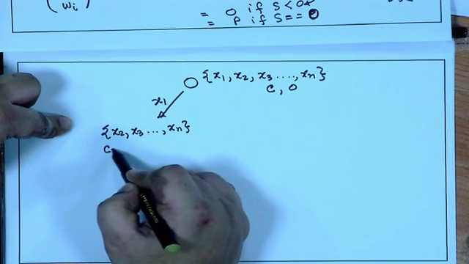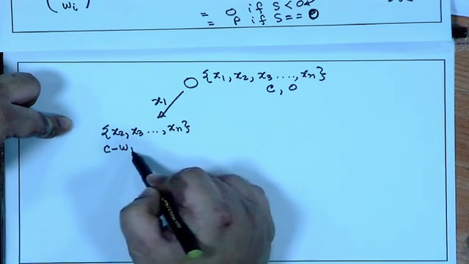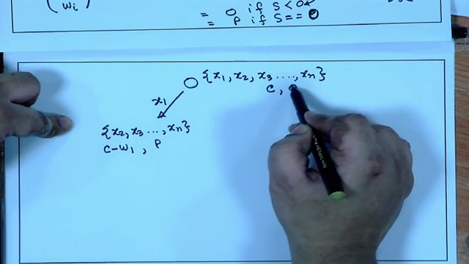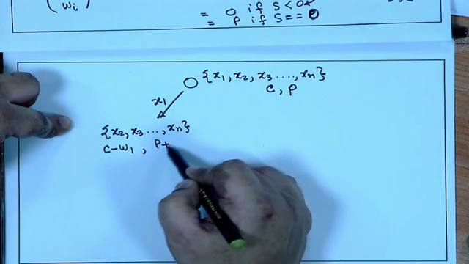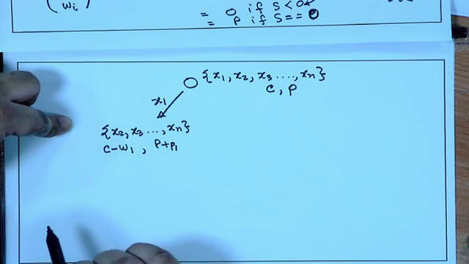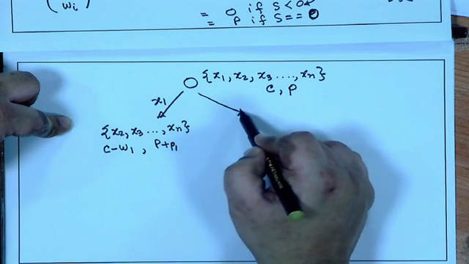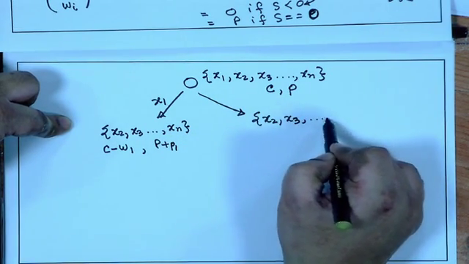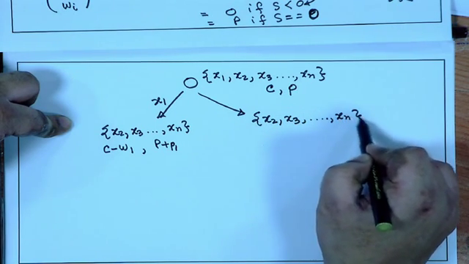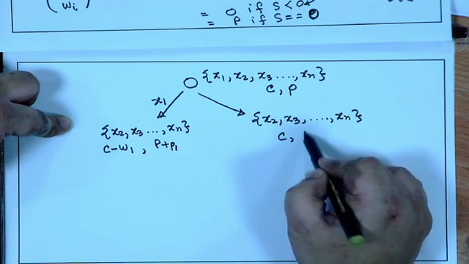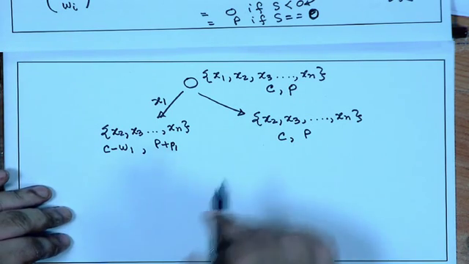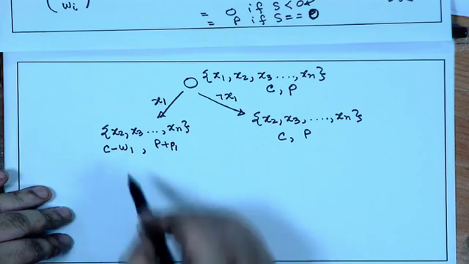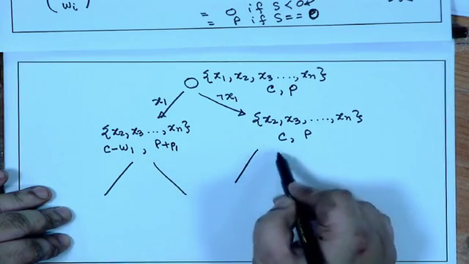Your capacity becomes C minus W1 and your profit becomes whatever was your profit here, initialized to 0, P plus P1. And this side you are again left with x2, x3 up to xn, and here it remains C and P. So, this is chose x1, not choose x1, and you will build up this tree like this,